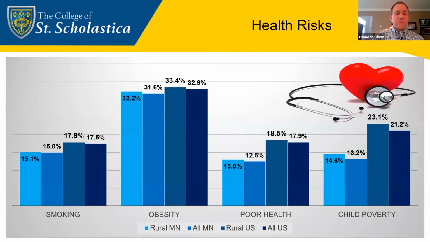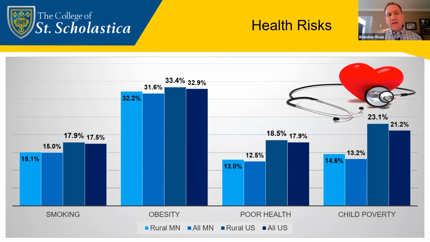Now looking at health risks. So these are some common risks associated with health, and we can take a look at how rural Minnesota and all of Minnesota compares to rural US and all of US. So rural Minnesota and all of Minnesota are very close. About 15% of the population are smokers, whereas in rural US it's closer to 18%, and the same across the